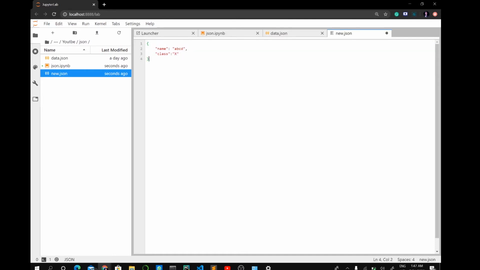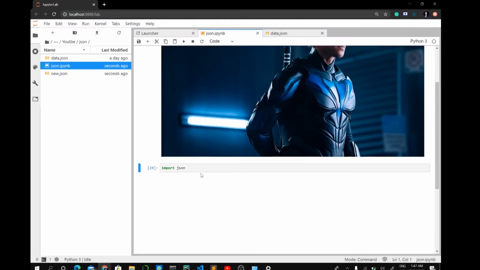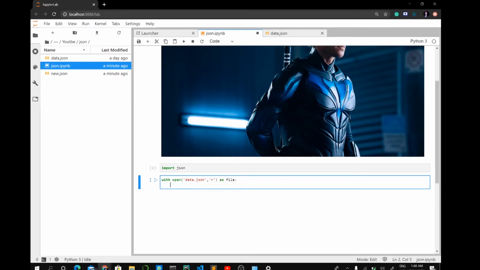So now we will see how to handle these JSON files. So go into your Jupyter Lab file. We will access the data.json file. We'll also use the JSON library. So first open this data.json file in read mode as file.